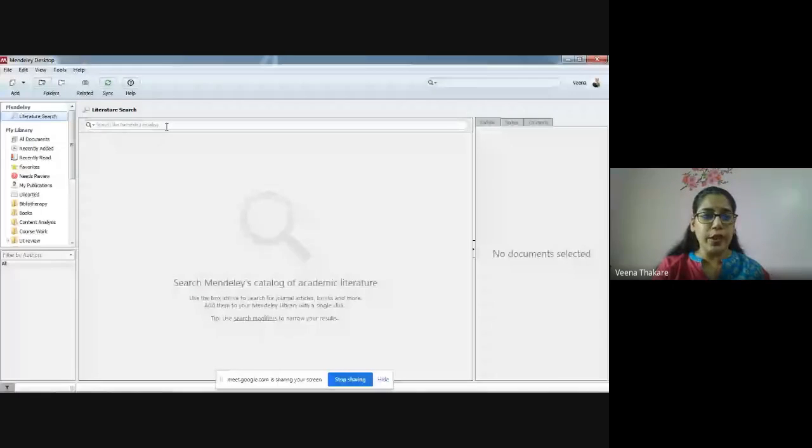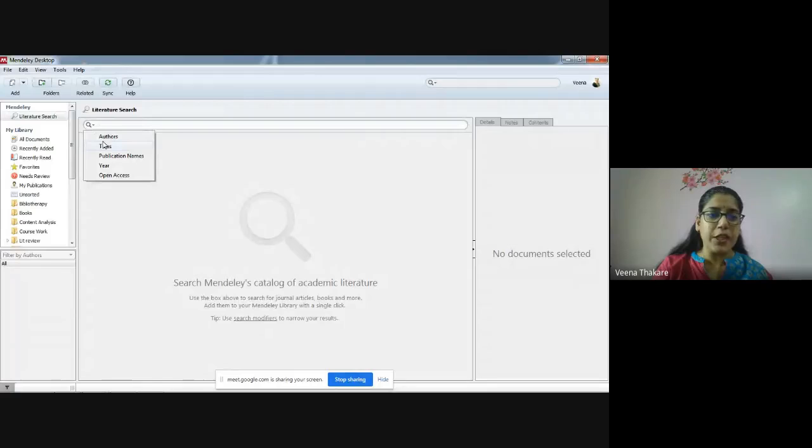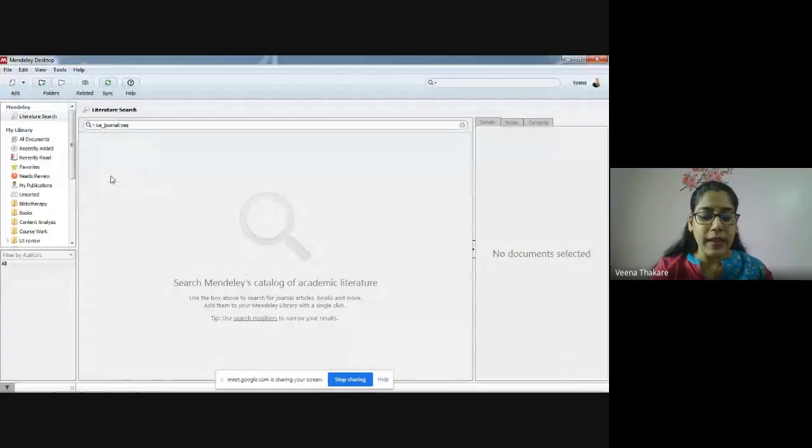Before putting the keyword, you have this drop-down option. You can specify your search with author or title or publication name, or at the end there is open access. So I clicked on open access, and can anybody give me a term? Let's say home science.